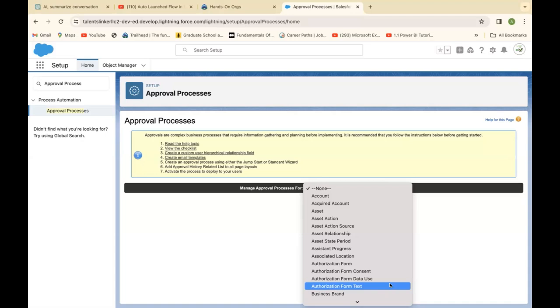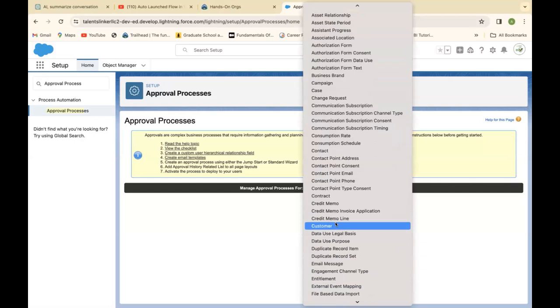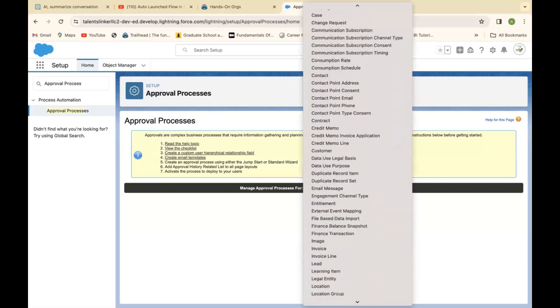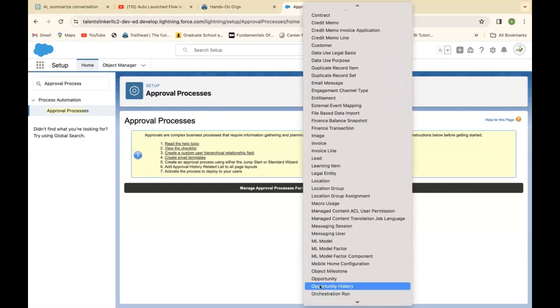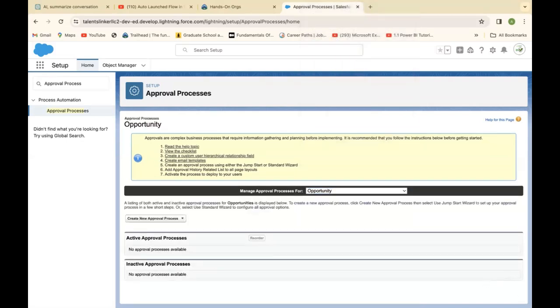Just for me to know we're on the same page, what is the object I want to build this on? I mentioned it over and over. It's an opportunity object. I'm building it on an opportunity object. Then I go to opportunity. From the opportunity, I go to,